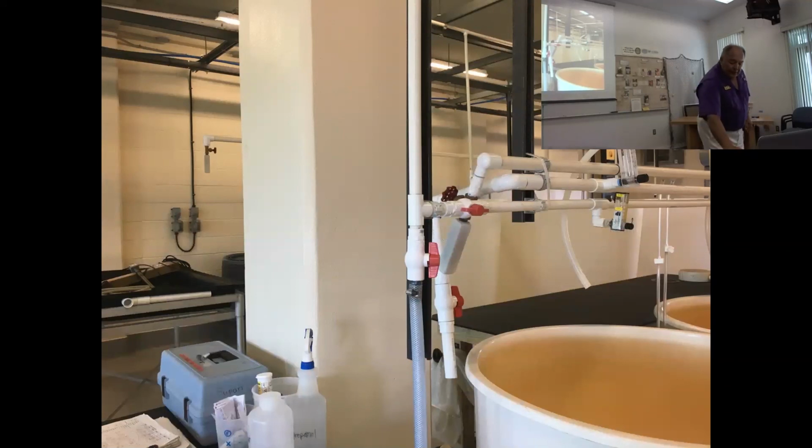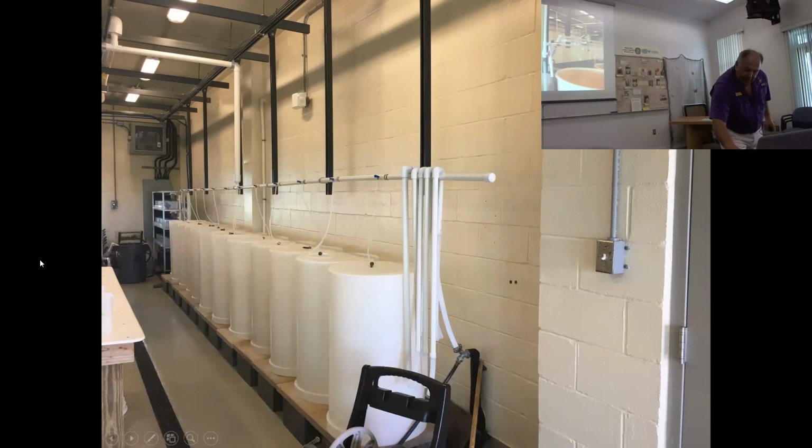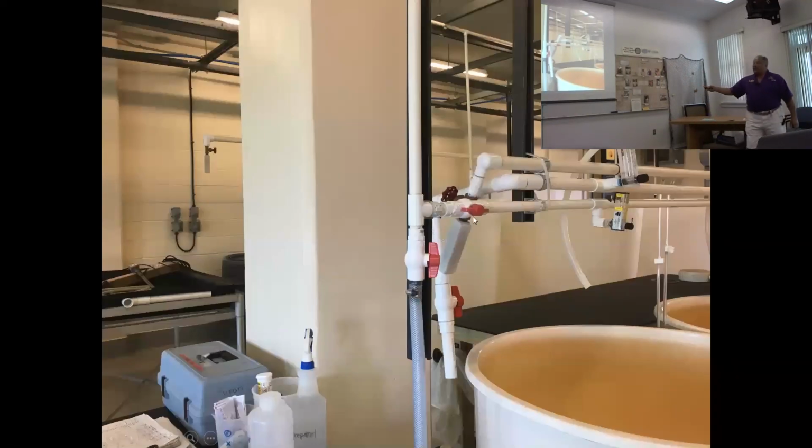And what was weird is here's the air manifold to our research tanks. And I just capped this off because there's not a whole lot of air going to the system. We were able to grow all kinds of larvae in this up to setting size in these small research tanks, but we couldn't keep anything alive in the other tanks. And the reason why, and I'll go back again, is because of these air stones. Air is like water. It flows through the path of least resistance. So most of the air coming from that blower was coming out these two air stones, but it was hitting that cap on that manifold, so there wasn't a whole lot of air blowing through there. So the only explanation, and it took me a while...